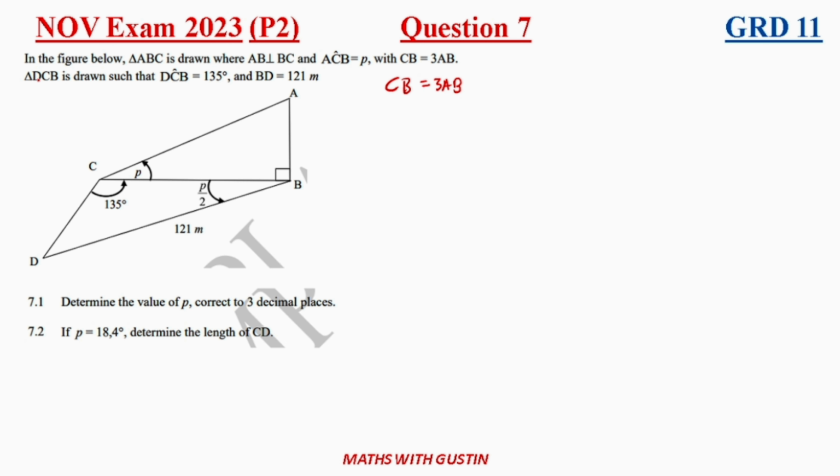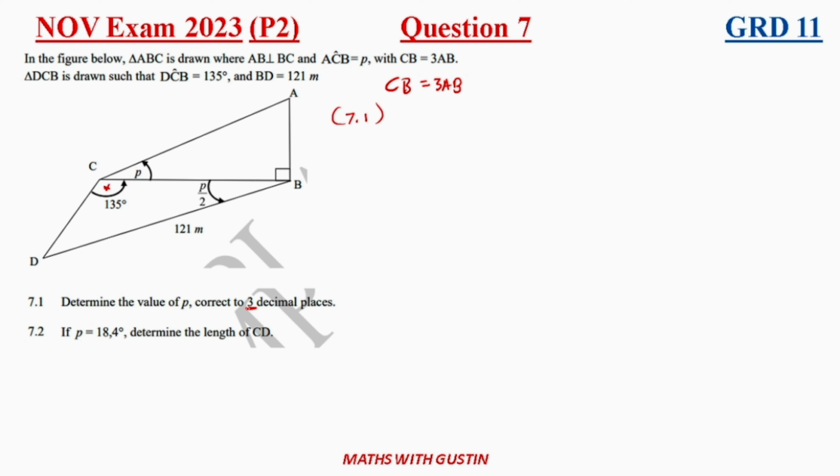And then a triangle ACD is drawn such that angle C, which is this one here, is equal to 135 degrees, and the length of BD is equal to 121 millimeter. All right, so question 7.1, they are saying that we need to determine the value of P